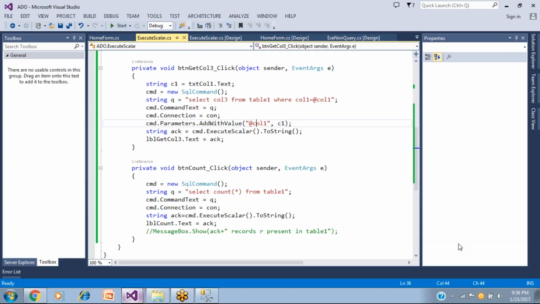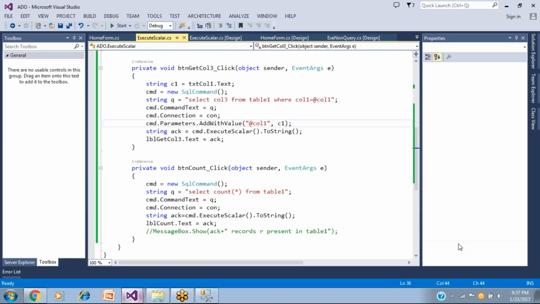The forthcoming topic that we will see in tomorrow's session is execute reader. Execute reader deals with reading a huge amount of data from the database table, the total table data or a subset of it, and bringing that bulk data into our control.